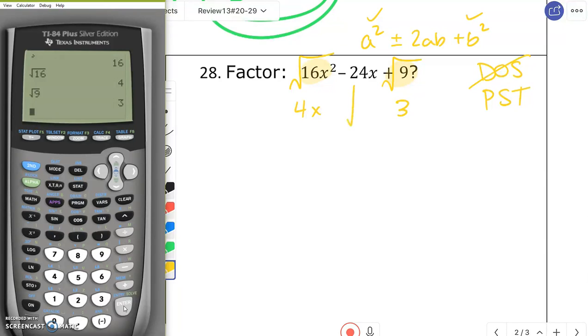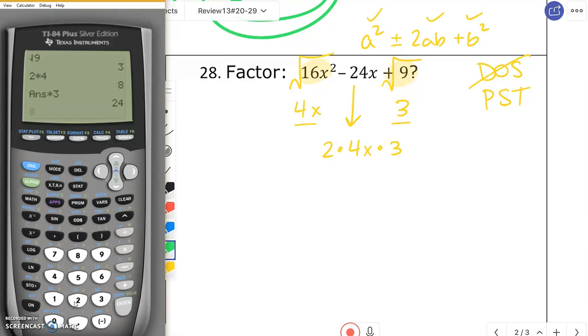I've got to check the 2ab. So I want 2 times 4x times 3, because I'm using those pieces on there. And 2 times 4 times 3, oops, sure does give me 24, which means check,